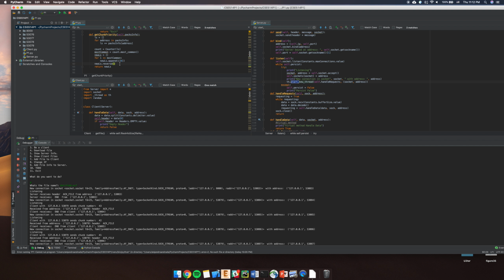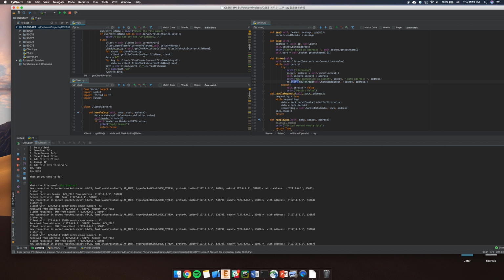And then obviously I don't want to download the most common file, because that most common file, everybody has it. As Professor Wang Chao was explaining, you need to get the least packet, so your P2P can be productive. So that's why from most common you reverse it into least common, right? And then you return this. So that's happening in that get chunk priority. So then you loop for every chunk in chunk priority by priority, and then you get the file chunks,